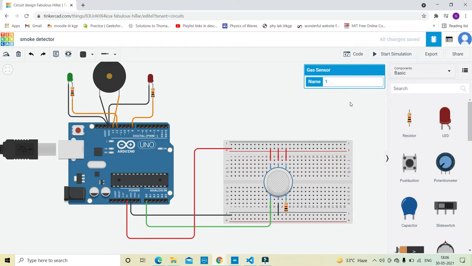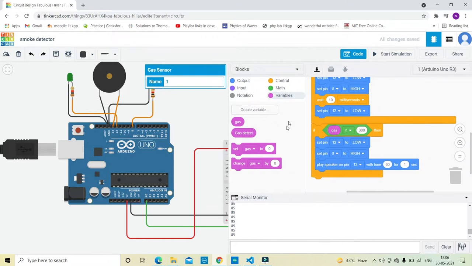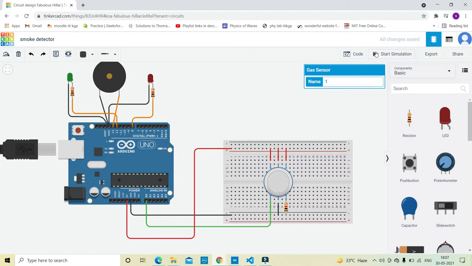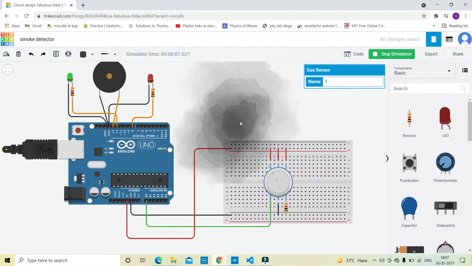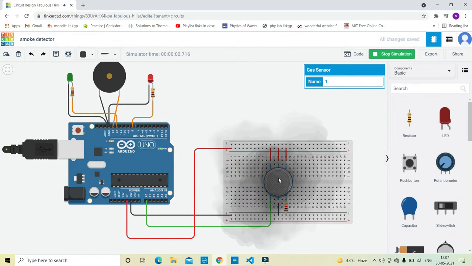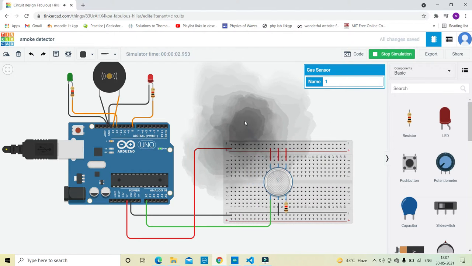Now let's start the simulation first, and also we can observe the serial monitor here. The simulation has started, as you can see, and now the smoke is here. The green light is glowing because the concentration is very low, and when it comes nearer, the red light will glow. You can see the red light has glowed. Now when the concentration increases, the piezo speaker starts working, and when it is away, the piezo speaker will stop,